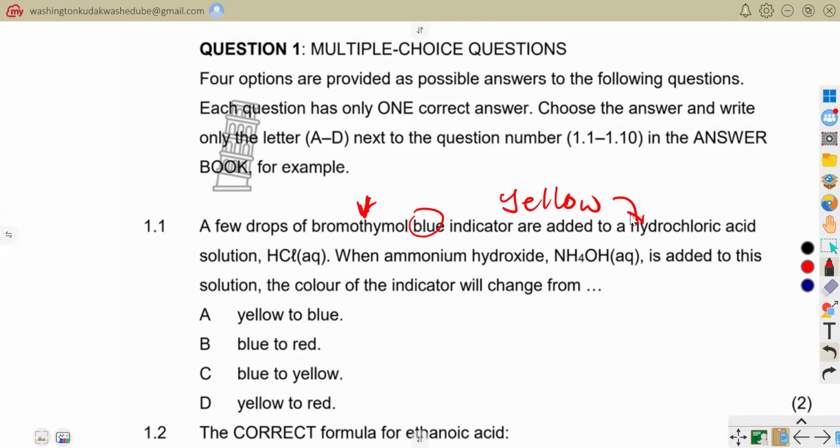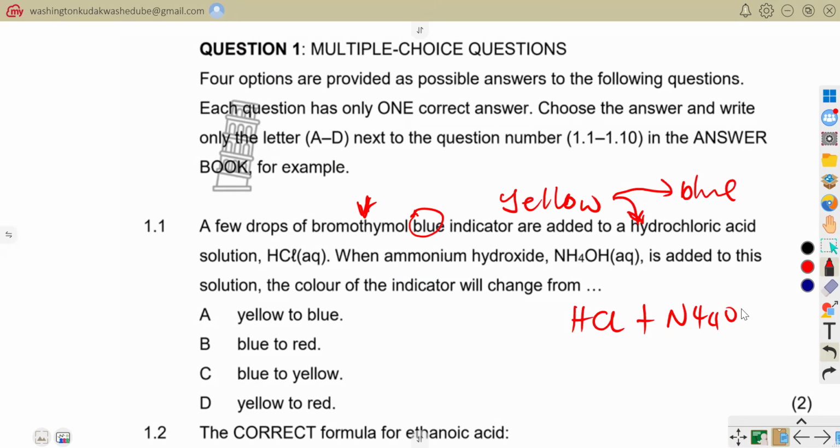Since initially we had hydrochloric acid added, the color changed from blue to yellow. But when ammonium hydroxide was now added, it changed from yellow back to blue, because if you react hydrochloric acid with